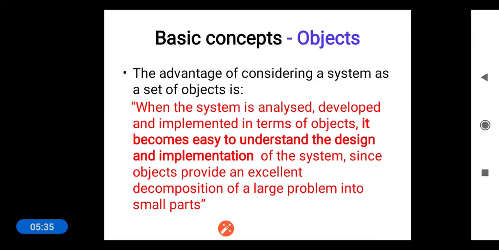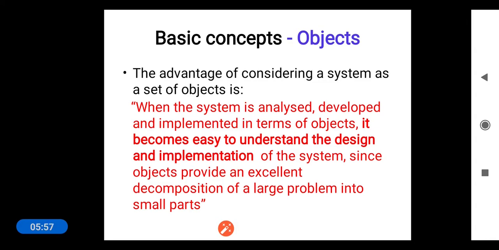So the advantage of considering the system as a set of objects is, whenever we are going for an object oriented design process, we consider our system as a set of objects. So the first thing is we need to identify the objects. And the main advantage of considering a system as a set of objects is, when